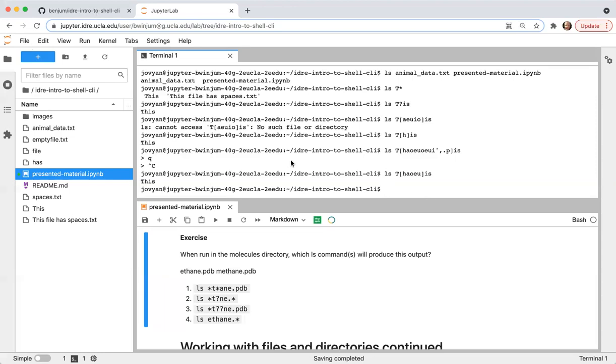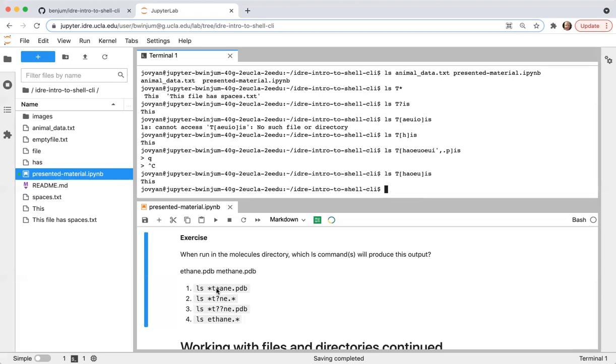Okay, so let's consider these one by one. This will list those file names that have 0 or more letters before a T, and then 0 or more letters between the T and the ane.pdb. So that will match methane, that's fine, and it will match ethane as well.